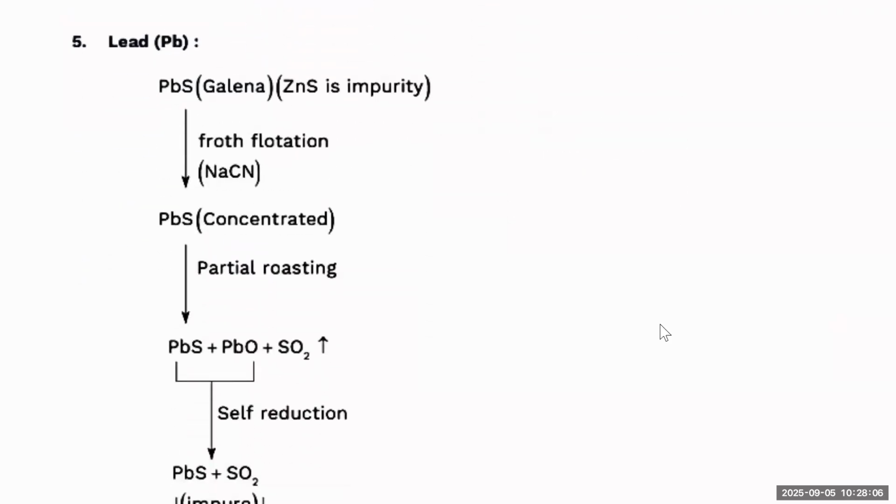Lead, which is galena, usually has ZnS as impurity. You do froth flotation using NaCN. You can get PbS. NaCl is used as a depressant to dissolve zinc sulfide. Then PbS is